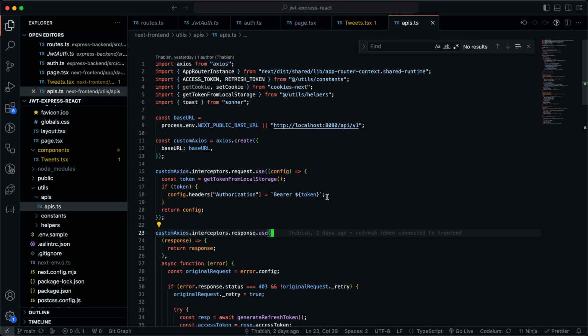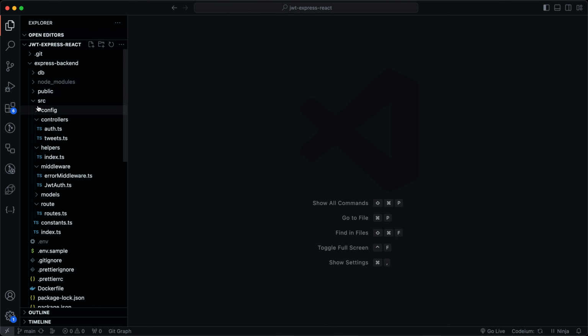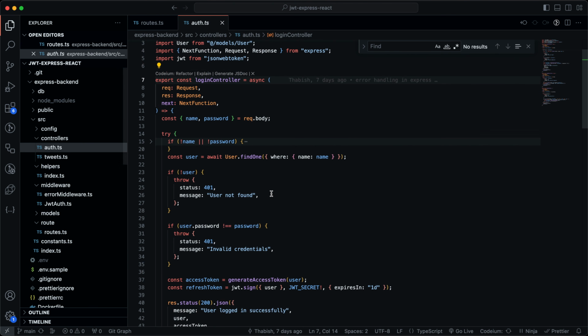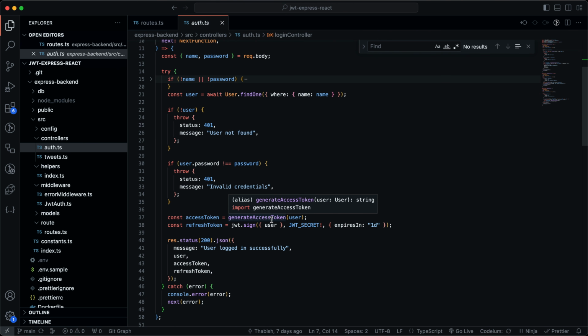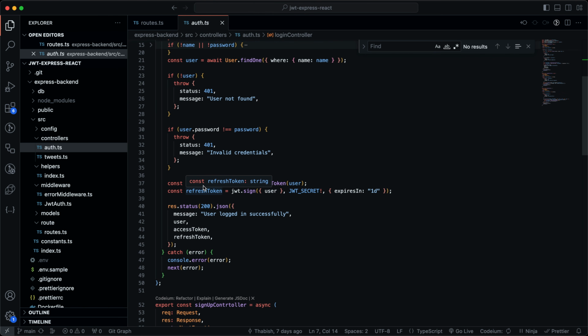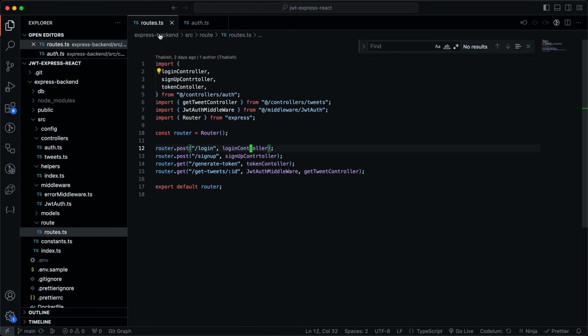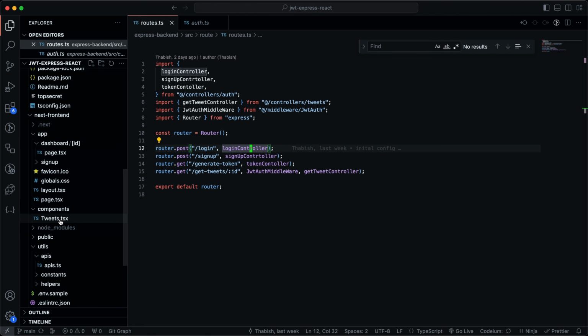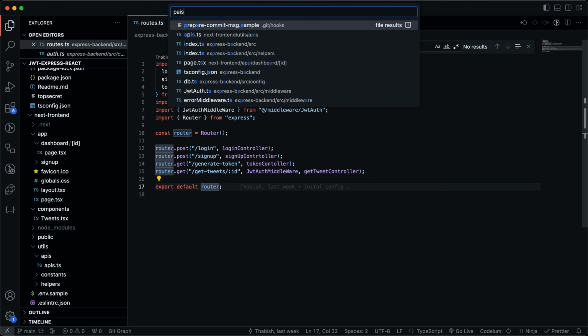So now I'm in my main feature branch. Let me collapse everything down and go to my Express backend. Everything still remains the same, but in the login controller, what I'm doing, which I've seen done in a lot of different videos, is the same thing: we create the access token and the refresh token, and we send it as JSON to the front end. Now in the front end, if I go to my Next.js, let's go to APIs,